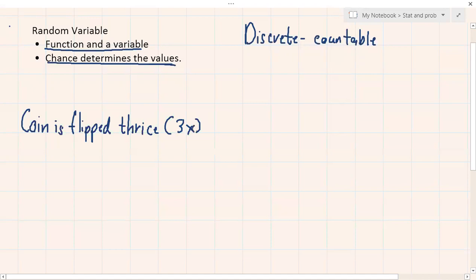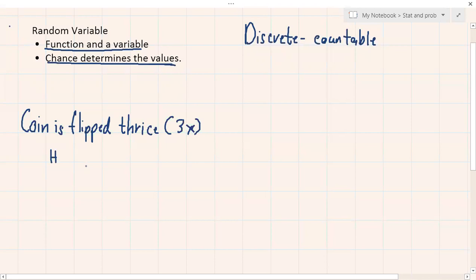Okay? So, ano ibig sabihin nun kapag 3 times mo siya na-flip? So, expect mo na there are a total of 8 possible outcomes. Okay? So, paano ko ba nasabi na 8 possible outcomes? Ganito kasi yun. Okay? Una, when you flip the coin once, pwede ka makakuha ng head.